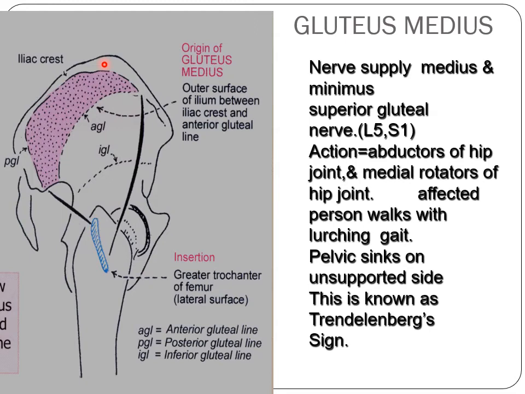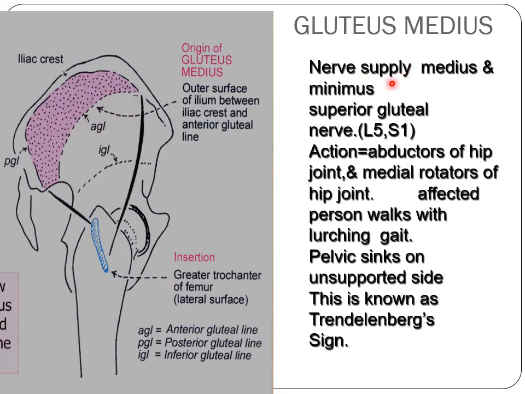Its insertion: the muscle converges downward, forward and laterally into a flattened tendon which is inserted into the lateral surface of the greater trochanter along an oblique ridge extending downward and forward from the tip of the greater trochanter. The triangular area of the bone in front of this oblique ridge is occupied by the trochanteric bursa of the gluteus medius. So this is the insertion of the gluteus medius muscle. Here there is a trochanteric bursa present. Sometimes there is a trochanteric bursa of the gluteus medius. The projecting tip of the greater trochanter is caused by the pull of the gluteus medius. This is the gluteus medius.